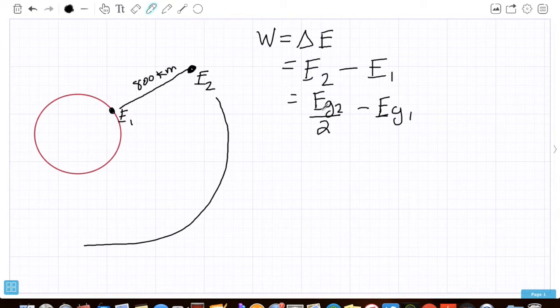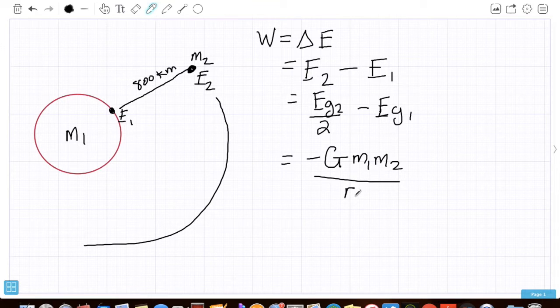So we know that Eg is equal to negative big G, which is the gravitational constant, times mass 1, which in this case will be the Earth, times mass 2, which in this case is the object, over